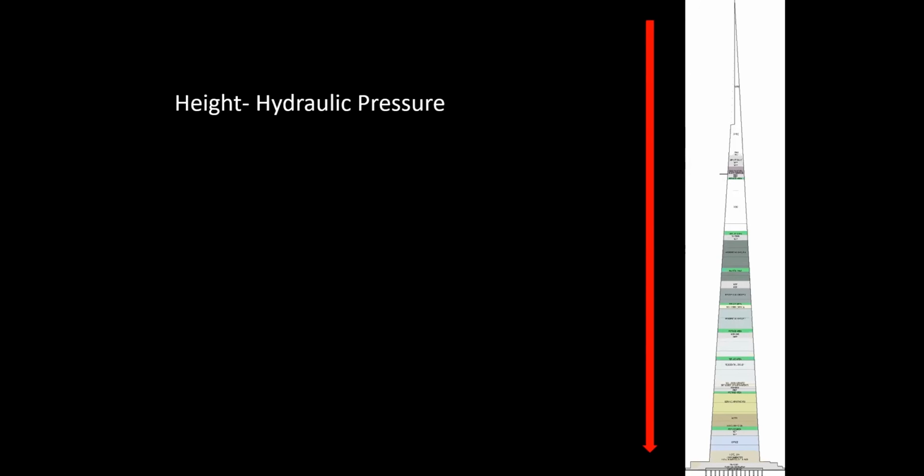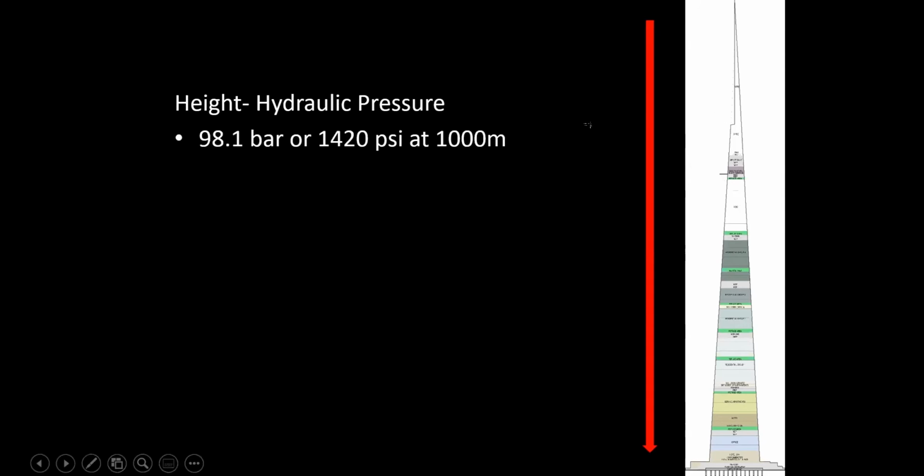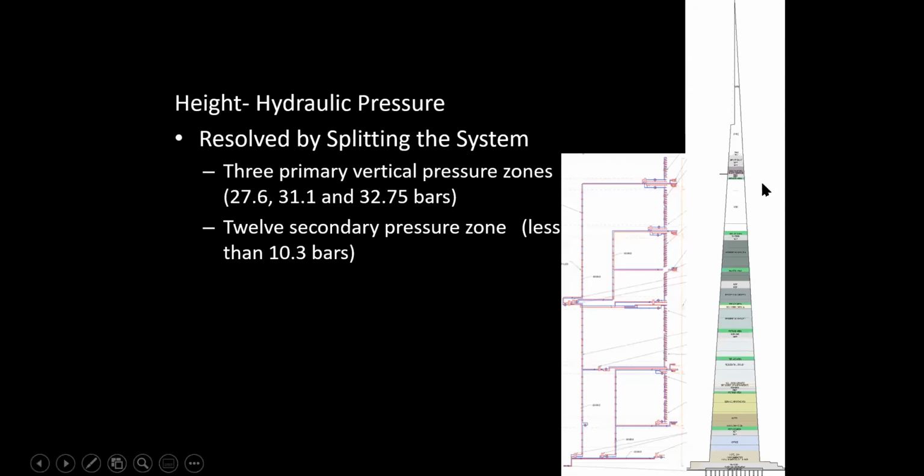The other thing, the obvious thing about height, is you have to deal with hydraulic pressure. If you had a column of water at the height of Jeddah Tower, you'd have 1,420 psi at the bottom. You can't deal with that. So what do we do? We split the systems. And so again, these mechanical floors that happen every 30 or 40 floors are very important, because we create secondary